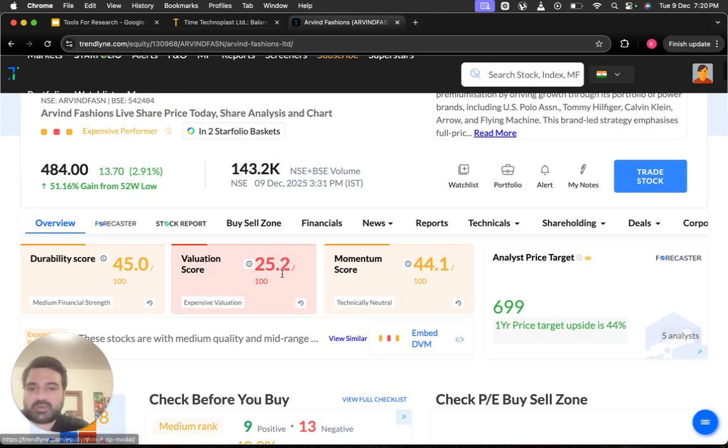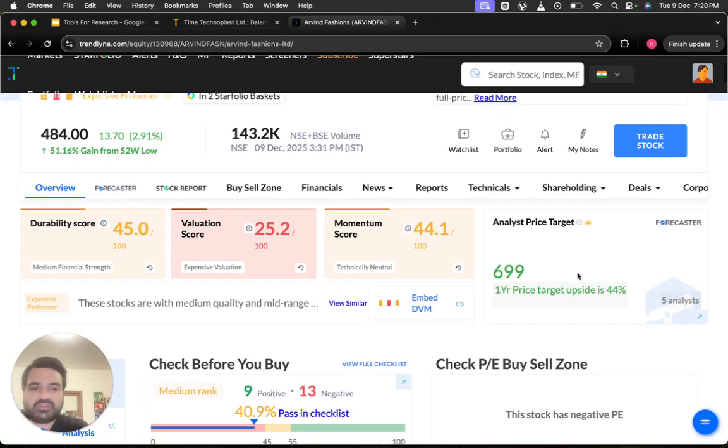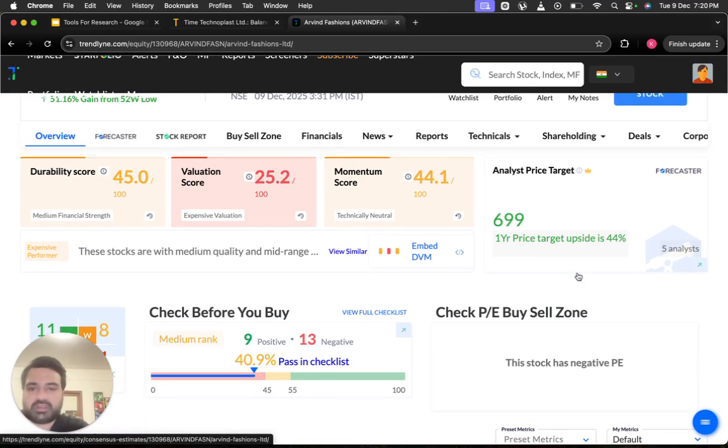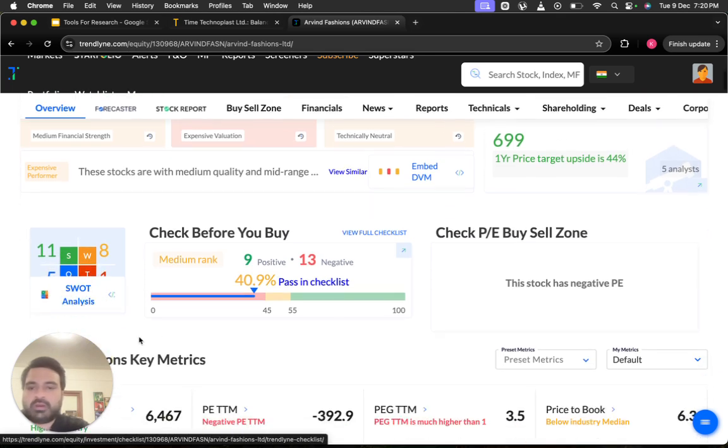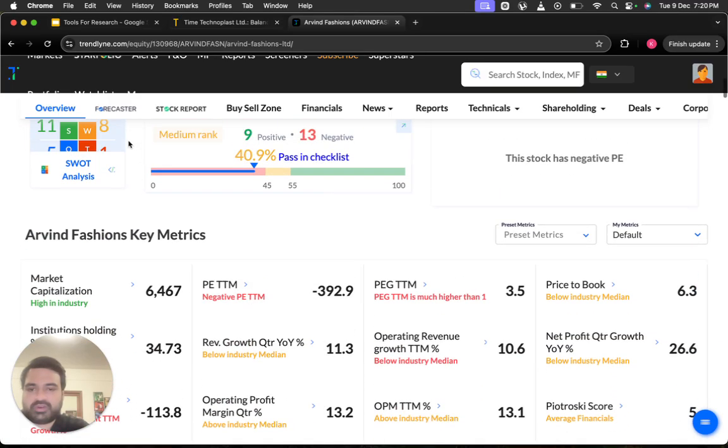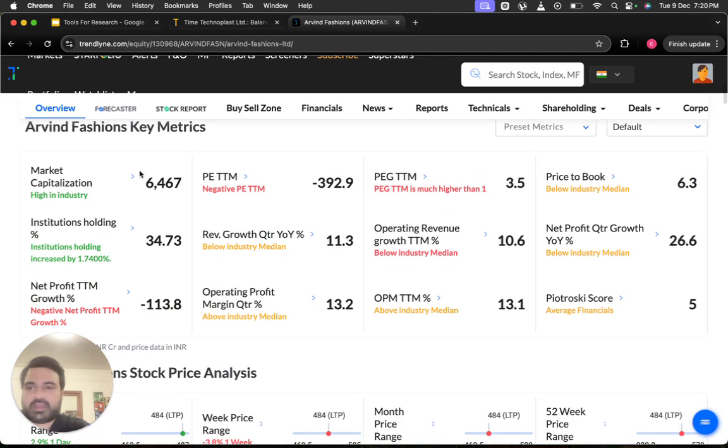What they say is expensive might be expensive, might not be. Do your own checking, but use this as an indicator. Analyst price target, again, you can use as an indicator, but take it with a pinch of salt. You have their own various parameters in their checklist, SWOT analysis. I usually don't pay too much attention to it, but you can have a look at it.